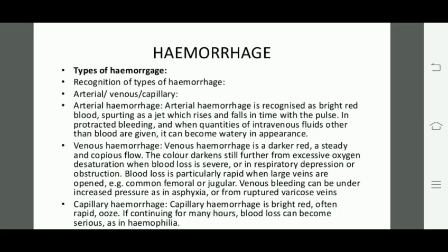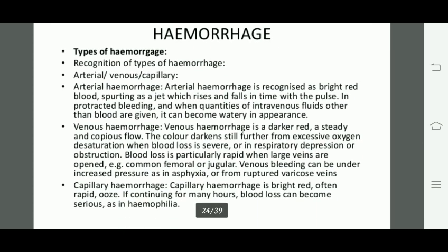Okay, today's next topic is hemorrhage. In that, types of hemorrhage, there are three types. In the first type, we have arterial, venous, and capillary. Arterial hemorrhage. Arterial hemorrhage is recognized as bright red blood spurting as a jet which rises and falls in time